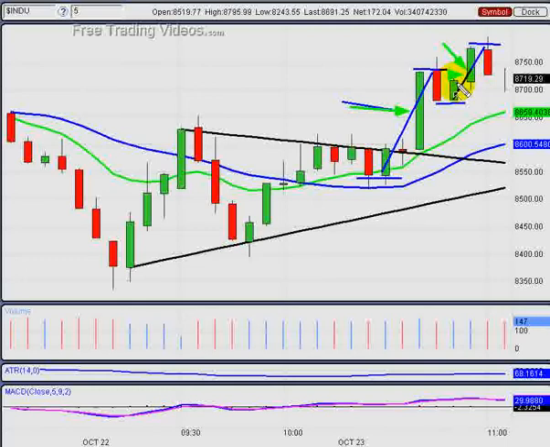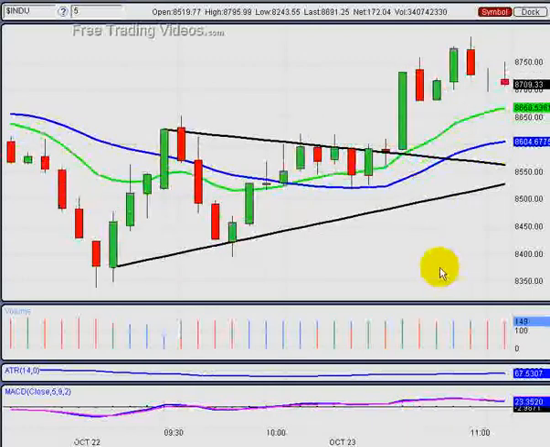I did not take this trade above this candle's high. I did not like the setup, having only one candle down and then what you could call a bullish harami here. I don't consider that a bullish harami because we're not in the valley, or after a 2-candle pullback. So I did not take that trade because I didn't have 2 candles on the pullback to move up. So as we move forward,